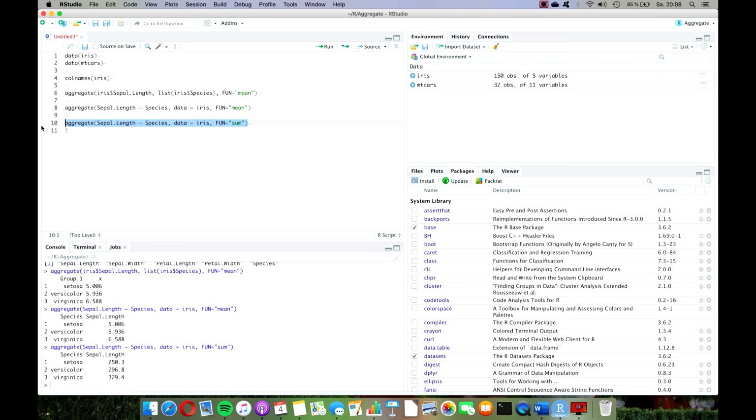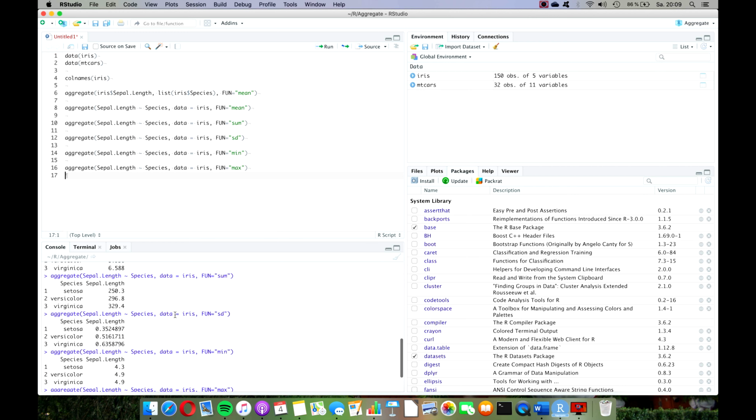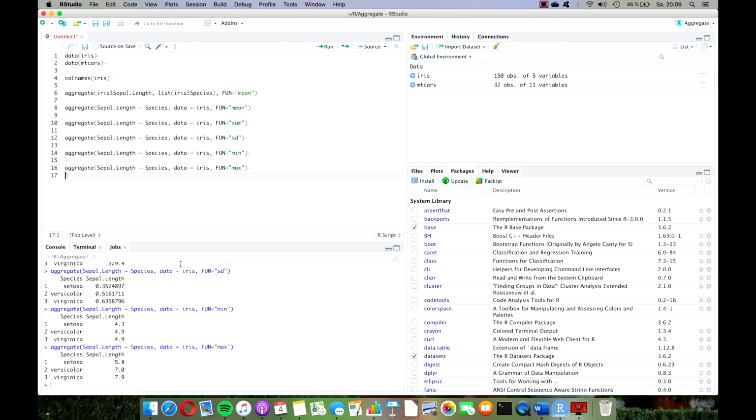get the sum. We can also use the command sd for standard deviation, and we can use minimum and maximum. So let's try these out as well. And maximum. So now we have calculated a lot of descriptive statistics already for the sepal length of the iris data set. Now I guess there's one more that I want to show you, and that is